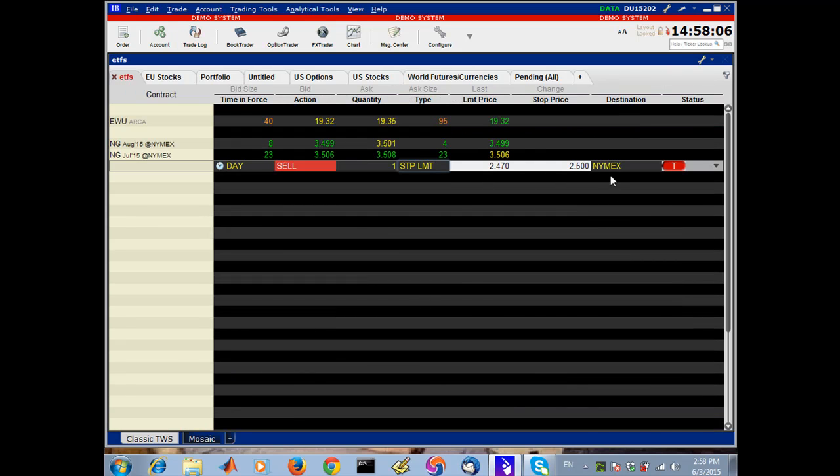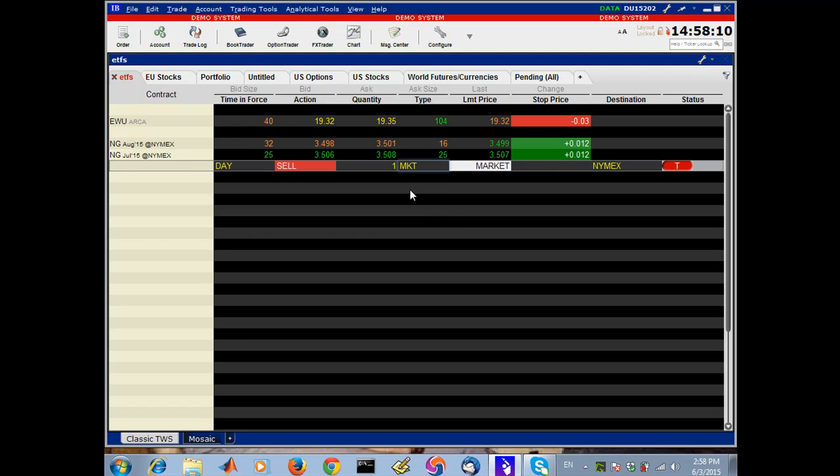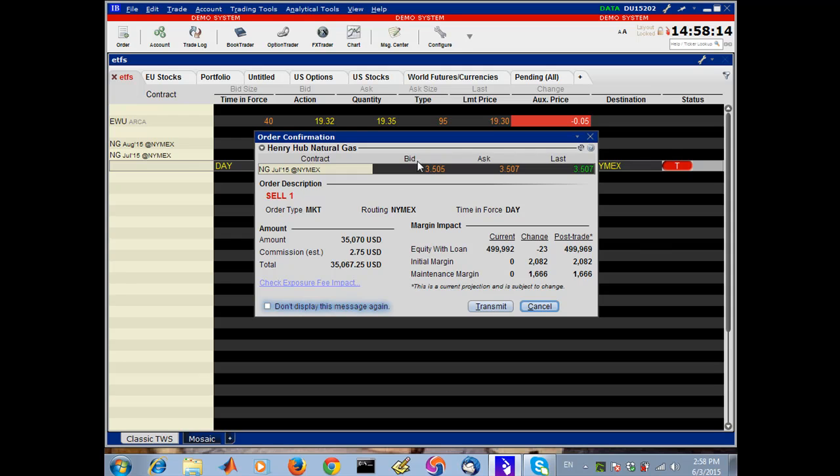Yeah. So let's say sell one of those. You can go nuts on it all you want. Just sell one at market. It tells you on the screen, right on the confirmation. That's kind of important for futures. Here you see the real amount that you are putting at risk actually. Because the future contract has a multiplier, so the price that you see is not actually what you really